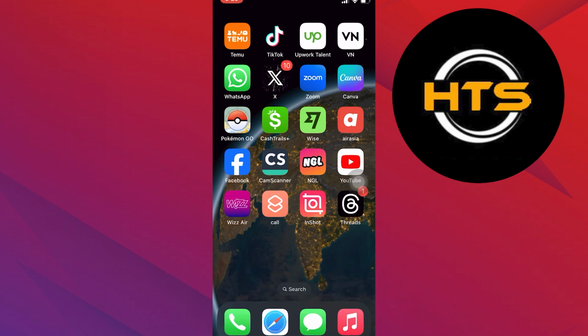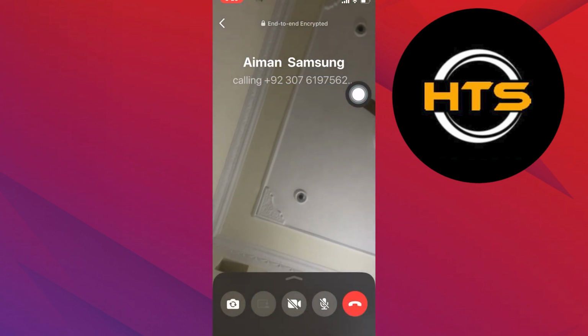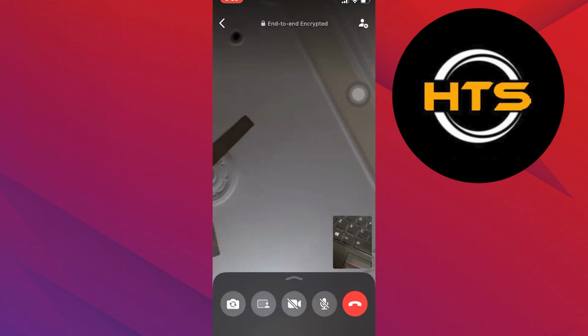Firstly, open WhatsApp on your mobile device. Next, what you need to do is start a video call to your desired contact. Once your call is connected, you just need to tap on the screen sharing icon given right next to flip